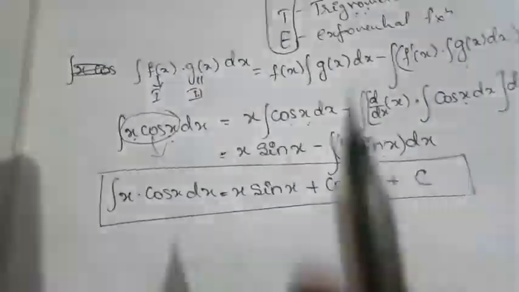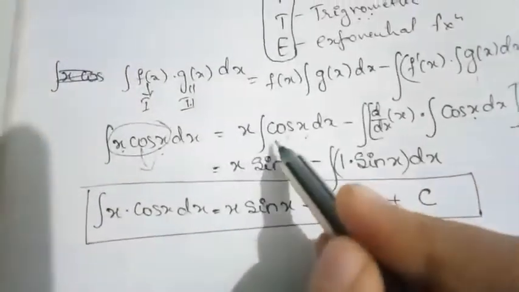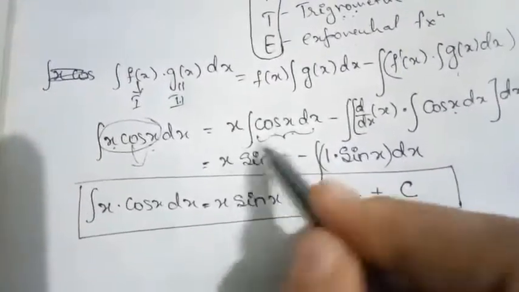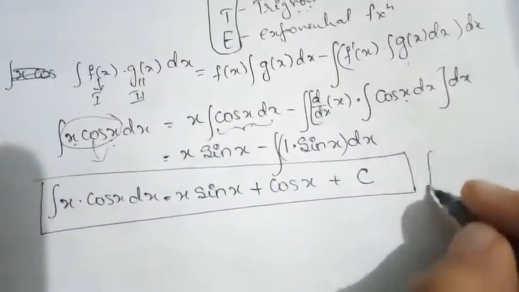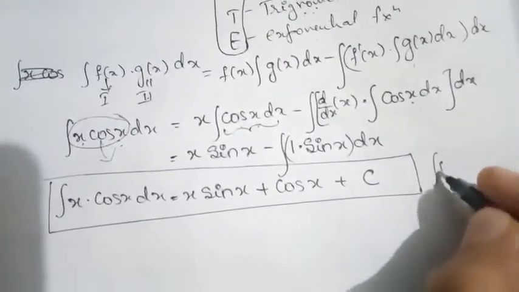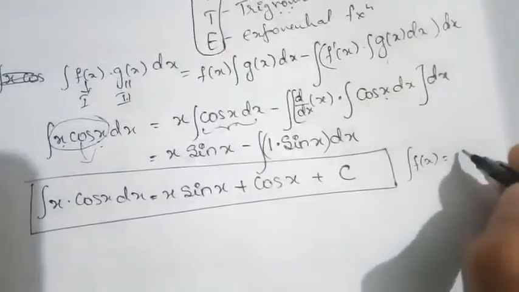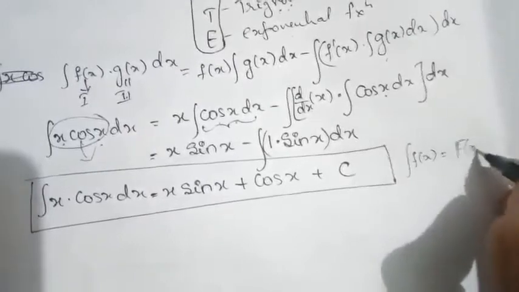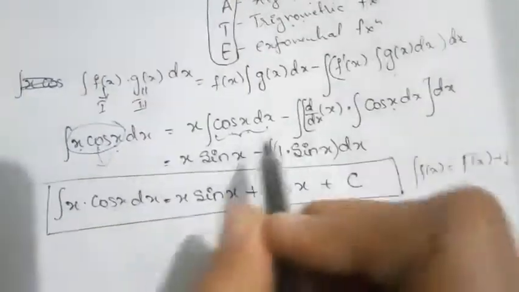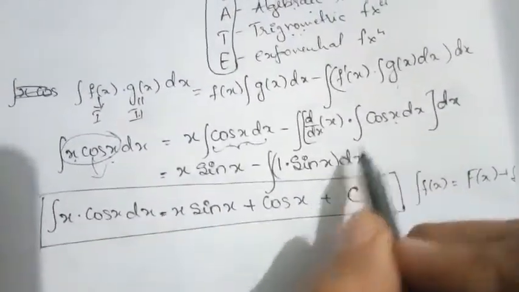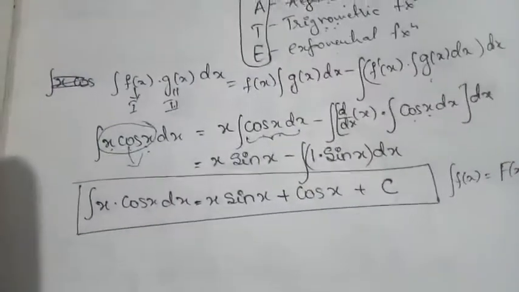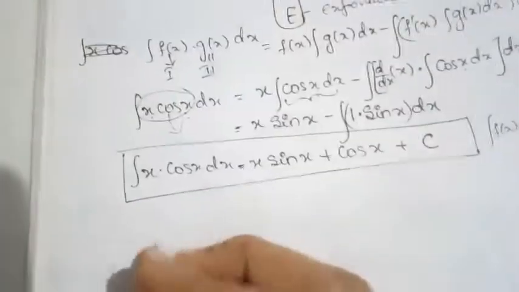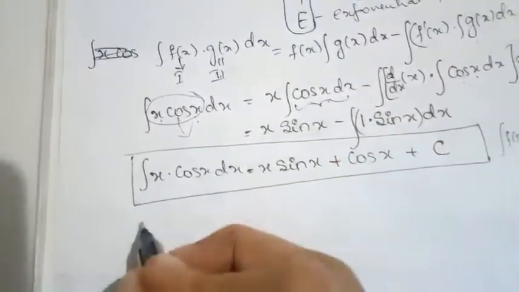But can you observe one thing here? When we got the integral of cos x, I just wrote sin x. But we came across that till now, if we write the integration of any function, we write the integral of that function f(x) plus c. But we didn't write c here, either here also. So why didn't we, and what happens if we write that c? We can give a try over that one.